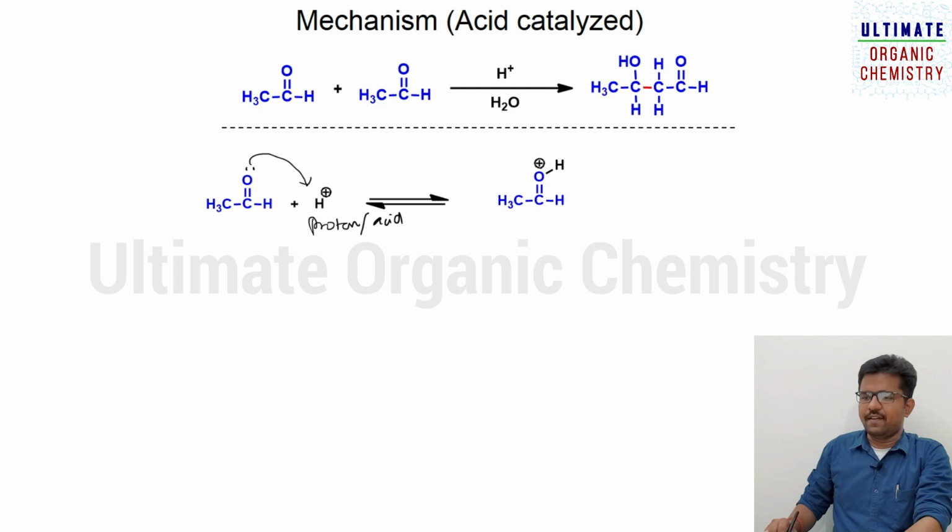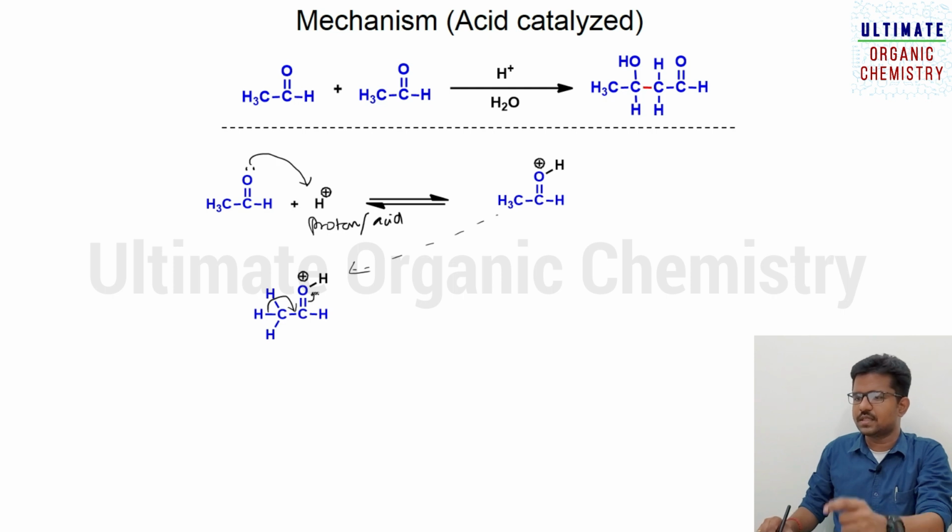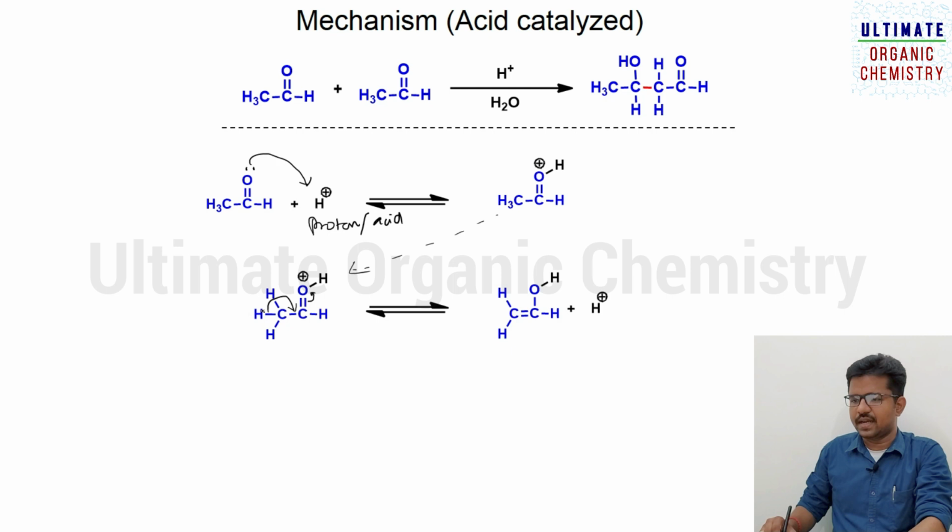Now after protonation, this is the same compound, whatever I have discussed. After the formation of this protonation, this electron moves towards this carbon atom. As a result, this pi electron will move towards the oxygen atom. So it loses hydrogen plus. The hydrogen is giving its electron to the carbon atom and it leaves as H plus. So it forms the enol intermediate. Just before, I explained what enol is.